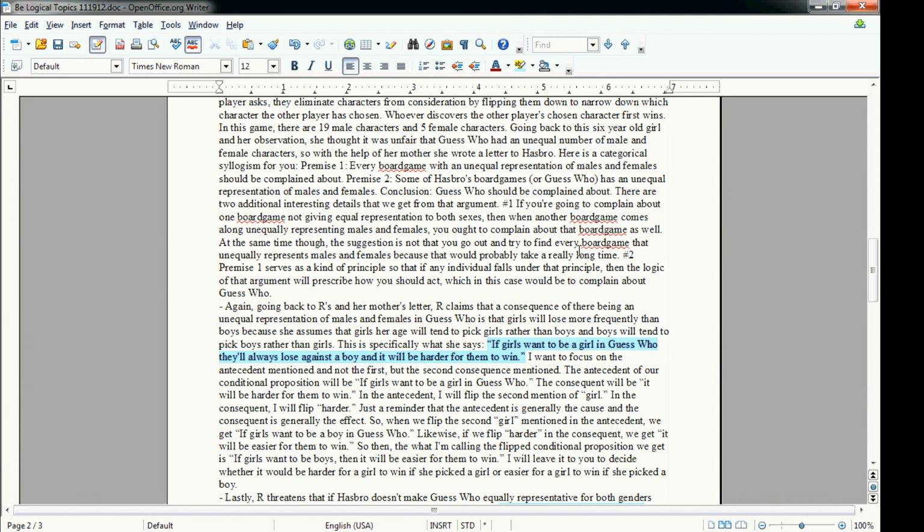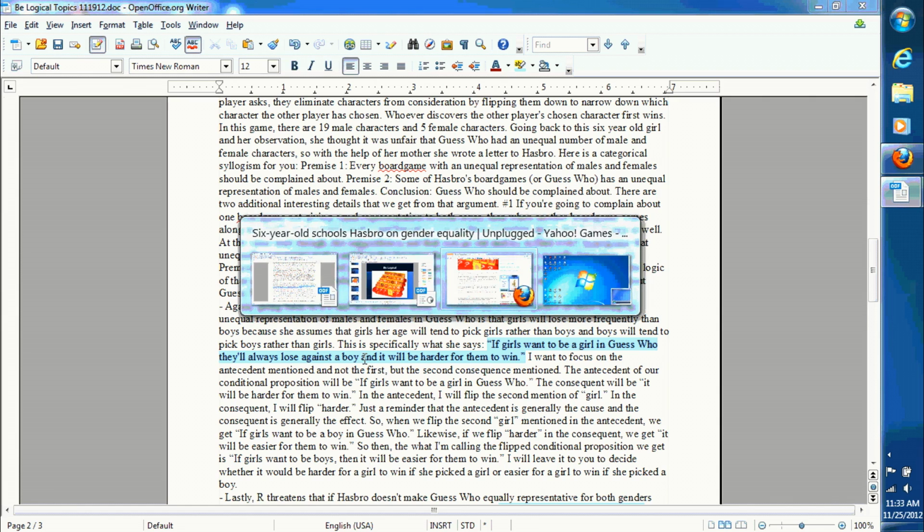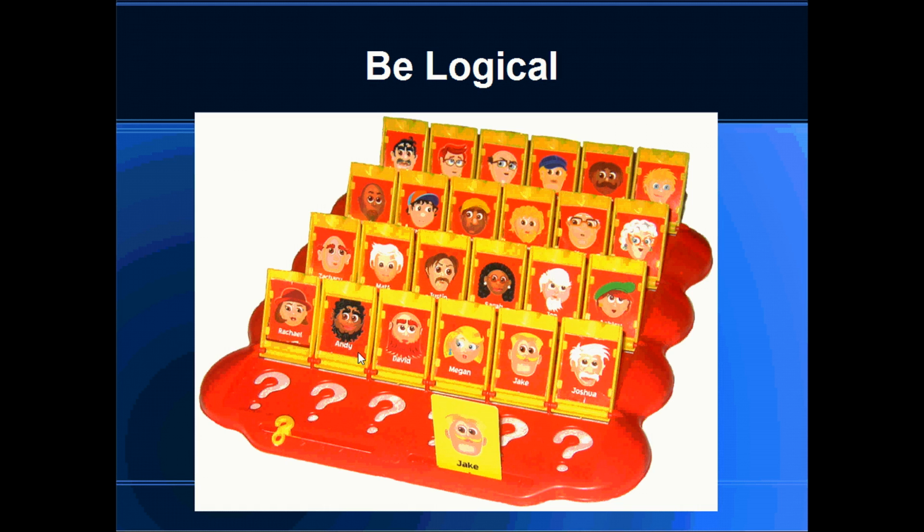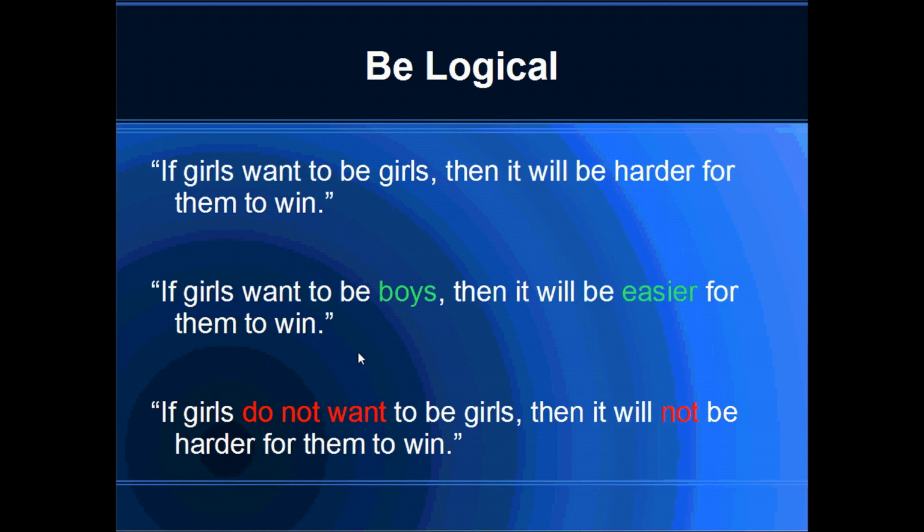So then this is the conditional proposition that we get. If girls want to be girls, then it'll be harder for them to win. I'm going to make the second mention of girls contrary, and I'm going to make harder contrary. So if girls want to be boys, then it'll be easier for them, as in the girls, to win.